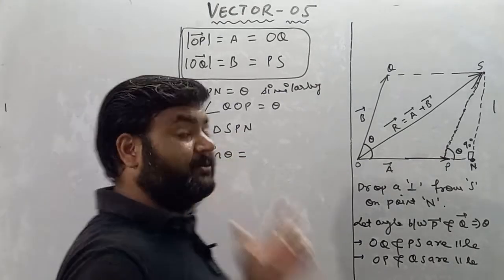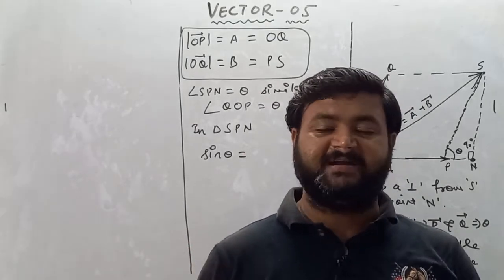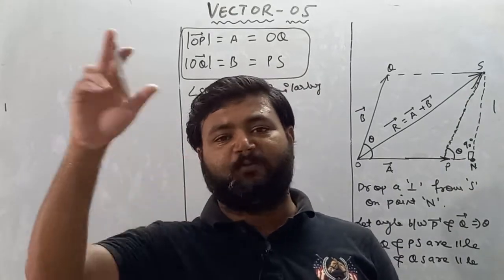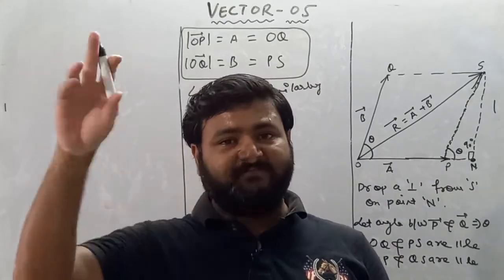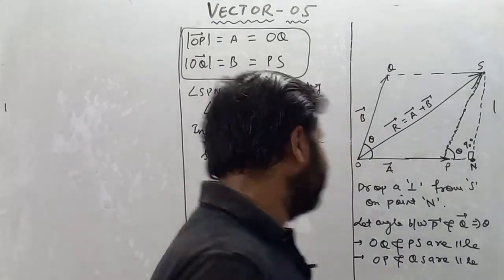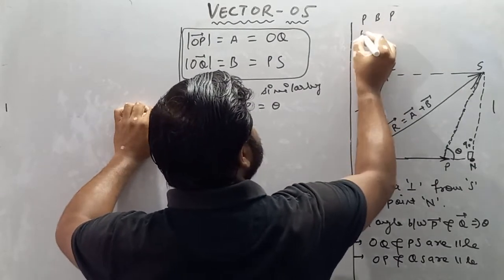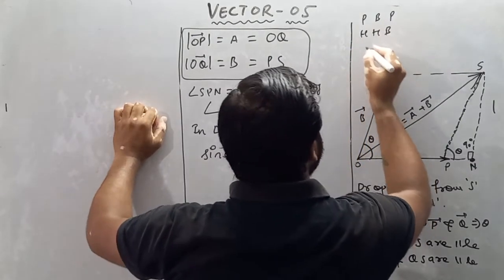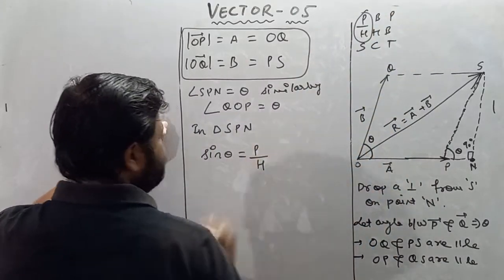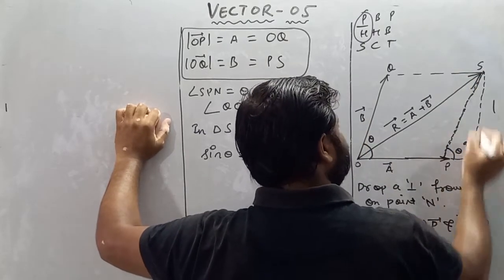It is very similar to the triangle law of vector addition, because in the triangle law of vector addition as well, we form a small triangle and a big triangle. From the small triangle, we will find the value of sin theta as well as the value of cos theta. So sin theta, we know the formula is Pandit Bhadri Prasad Har Har Bhole, Sona Chandi Tole. So perpendicular upon hypotenuse.